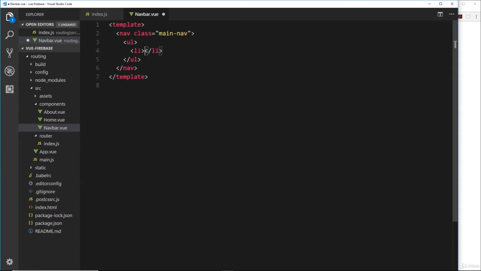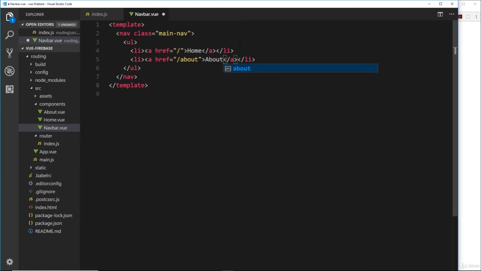Okay, so then the li tags inside that. And I suppose what we could do is just say href is equal to something like /, and that would be home, and close off the anchor tag. And we could do something similar down here: li, then an a, and the href will be /about, and that would be the about page. Now that's fine. However, this is not really the Vue way, and it's not as flexible as using a built-in